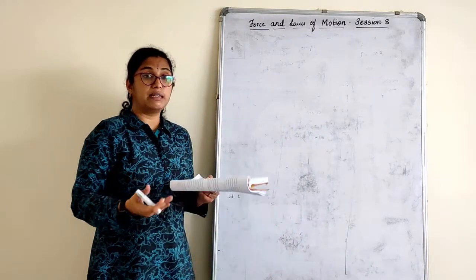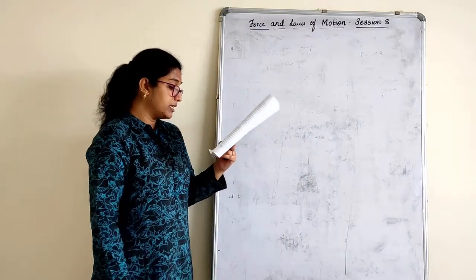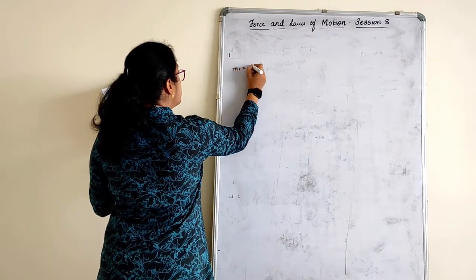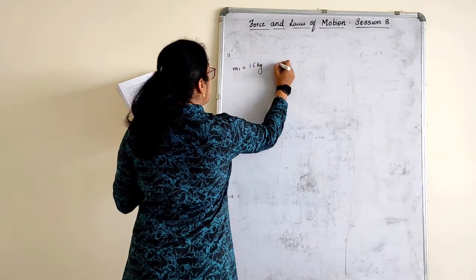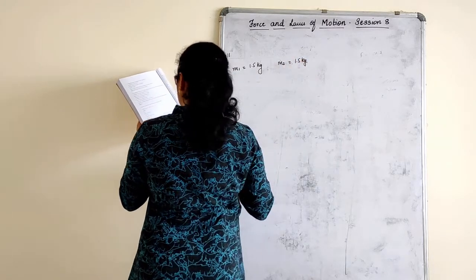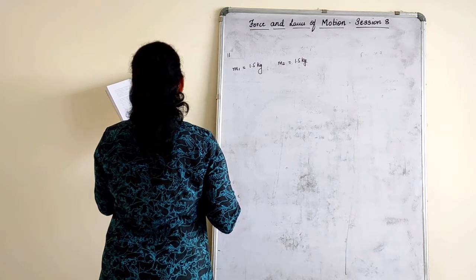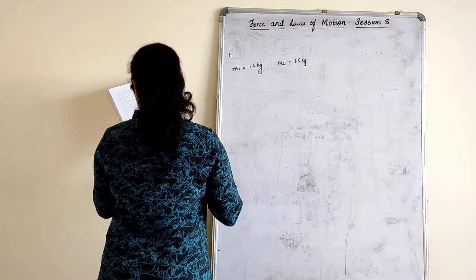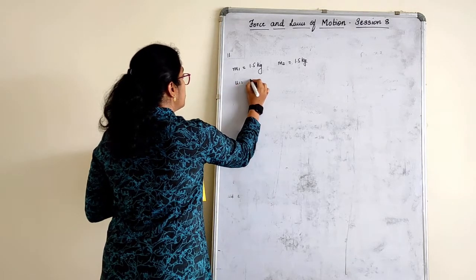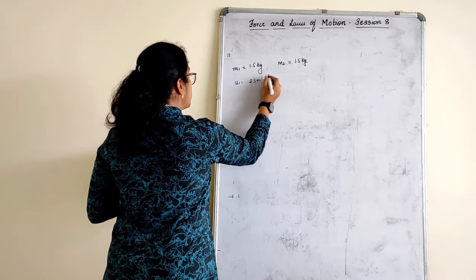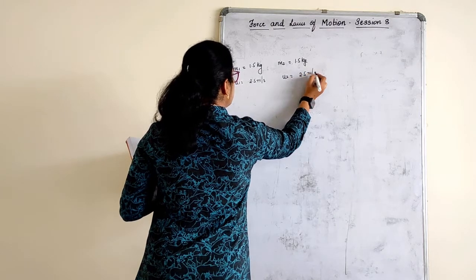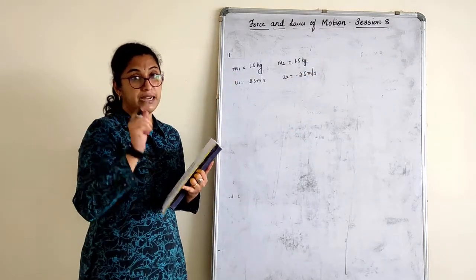Now this is again our usual type of law of conservation. Two objects each of mass 1.5 kg, 11th one. So here m1 is 1.5 kg and m2 is also 1.5 kg, moving in the same straight line but in opposite directions. The velocity of each object is 2.5 meters per second. So the velocity of this is 2.5 meters per second, and the velocity of this is also 2.5 meters per second, but in the opposite direction, minus.